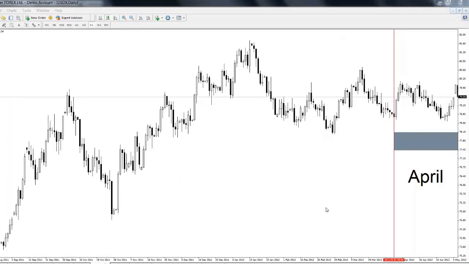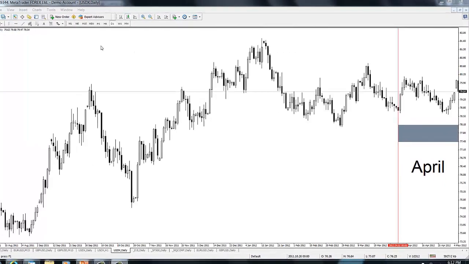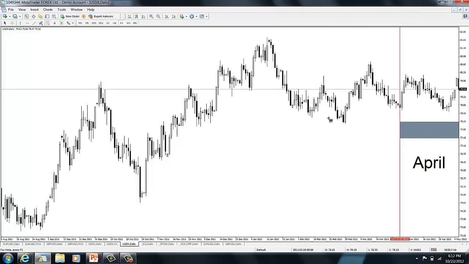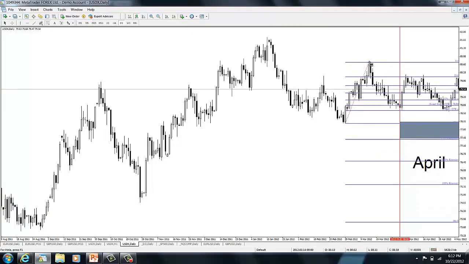Okay, we're looking at the dollar index. This is a daily chart, and we're zoomed into the April month of 2012, and we're looking at, again, the seasonal tendency for the market to decline on the British pound and usually be a risk-off scenario. And obviously we'd be looking for a reverse scenario, which would be bullish for the US dollar. And we noted already this swing here. This is optimal trade entry in here where we would expect to see price rally from, and the sweet spot comes in at 178.85.